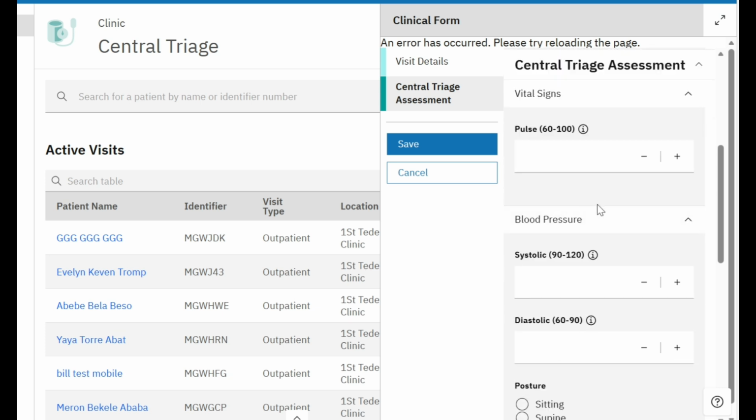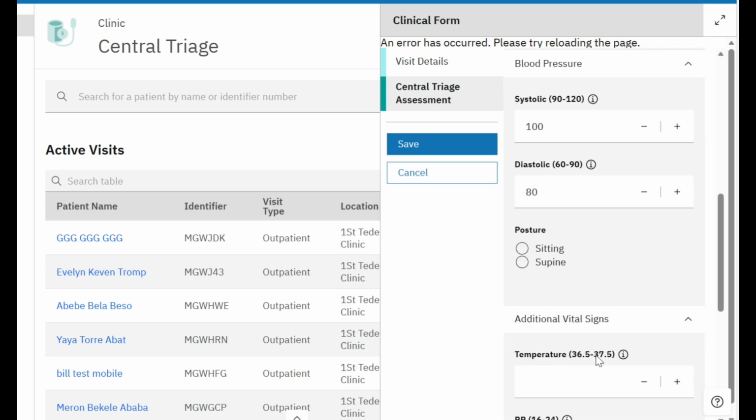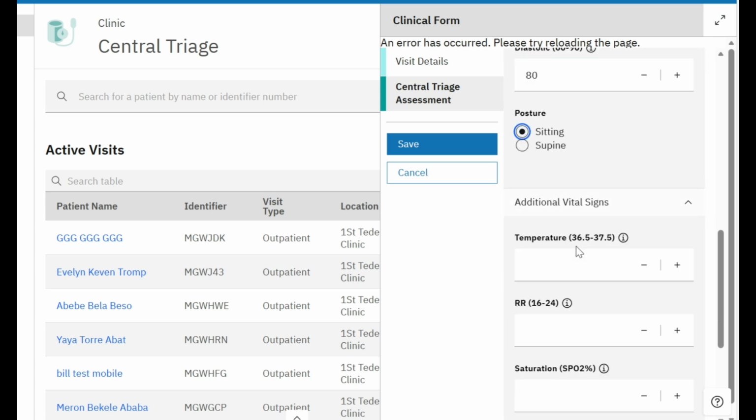Then here we will have different vital sign inputs such as pulse, blood pressure, systolic, diastolic, whether the patient has come in a sitting or supine position, temperature,